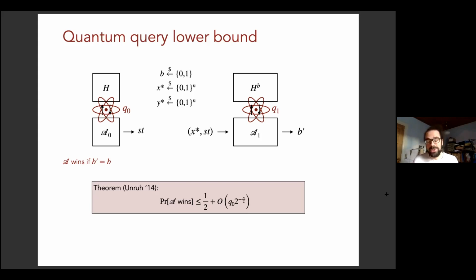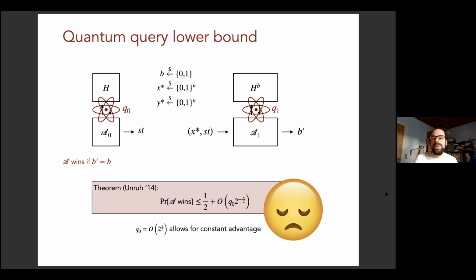Now, great, of course, that's good. We have a bound, and it seems to behave fairly well. But of course, what's a bit disappointing is that it does allow for a significant advantage over the classical case. Right now, only 2 to the n/2 queries are necessary for constant advantage, while in the classical setting, 2 to the n queries were necessary. And I mean, now we could say, okay, fine, this is the quantum setting. Usually we lose a square root because of Grover's algorithm, right?